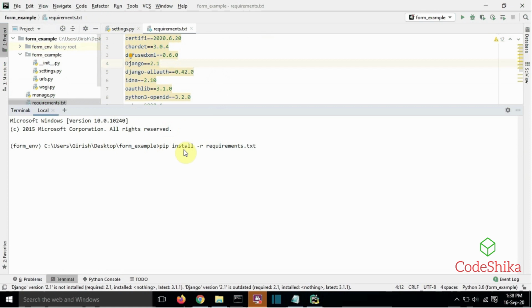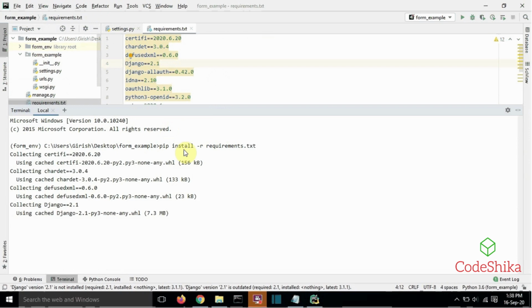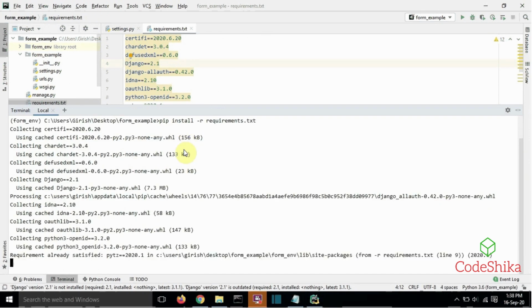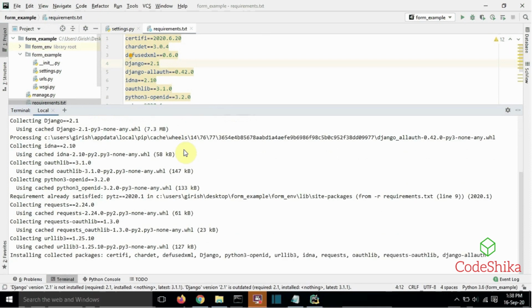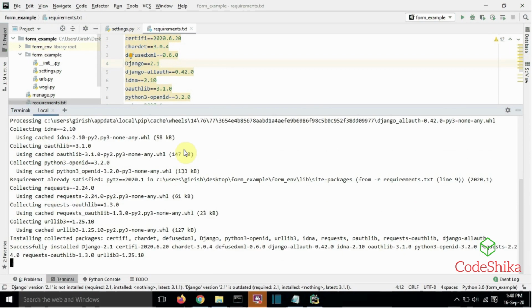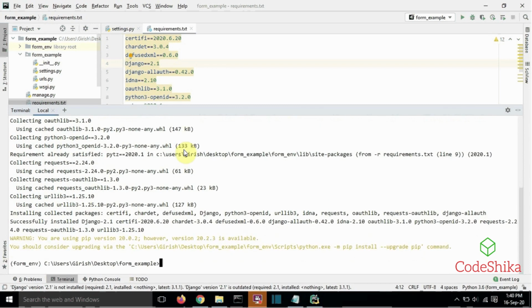Now let's run this command. See here, now we installed all the required packages using the requirements.txt file all at a time. We can also say that this file saves our time by installing the packages in a bunch.